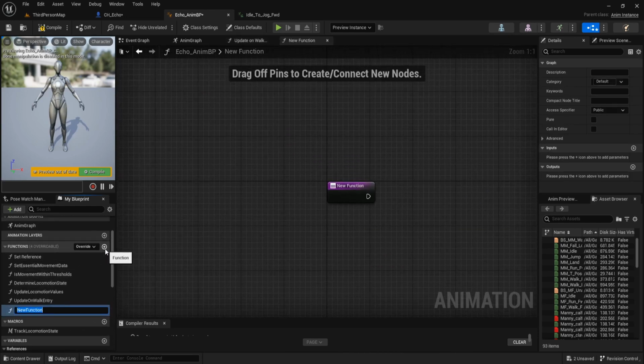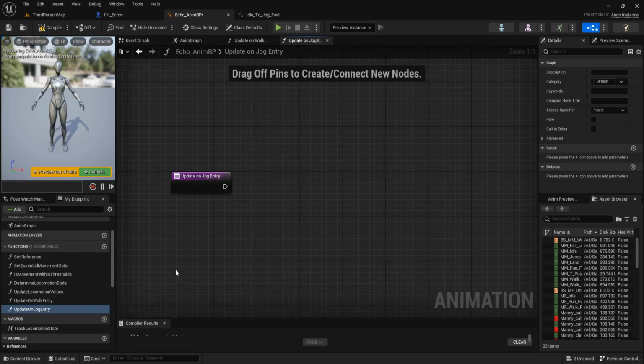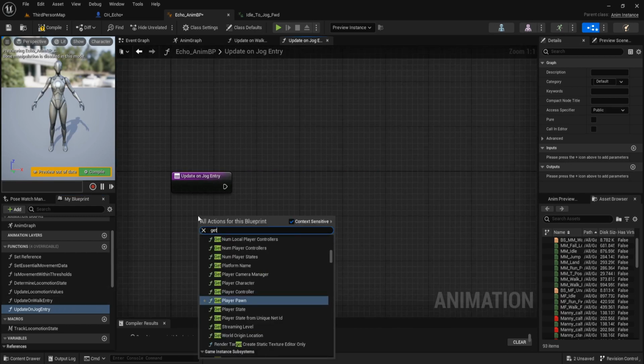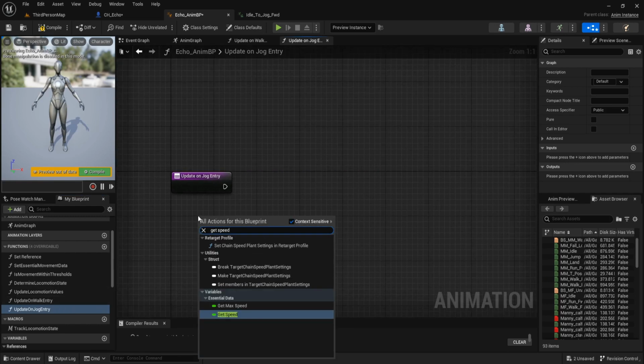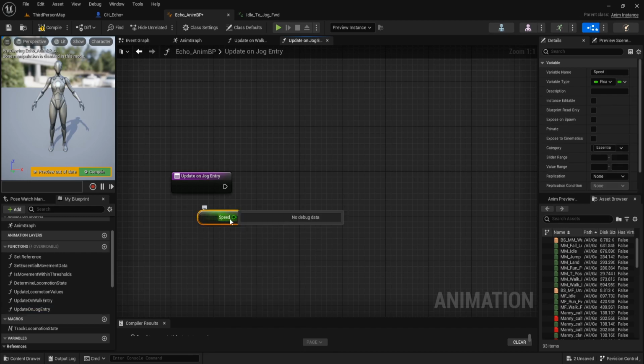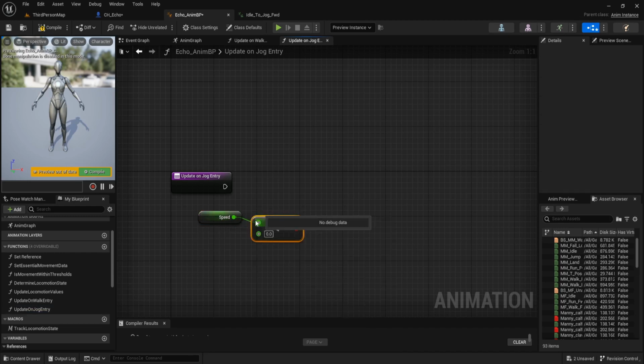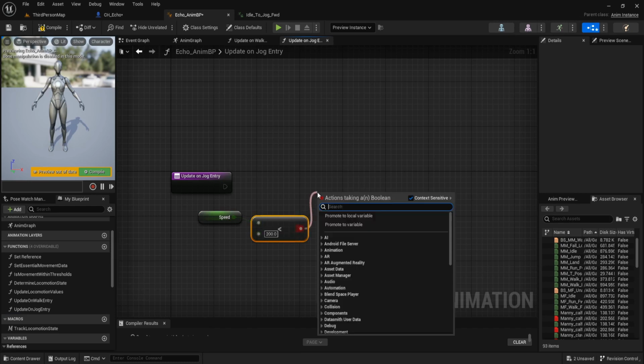Then add new function. Name is update on jog entry. And get speed less than 200. Create a branch.